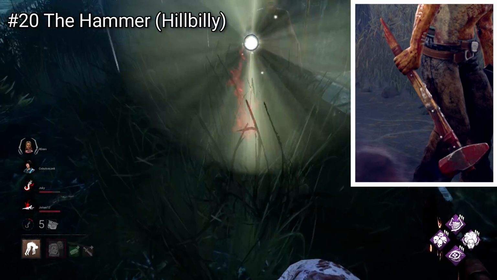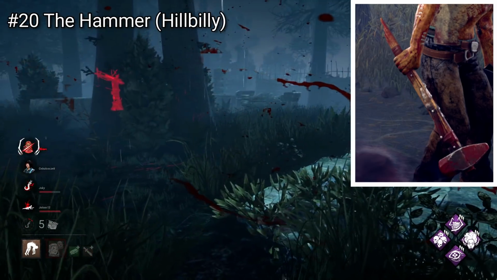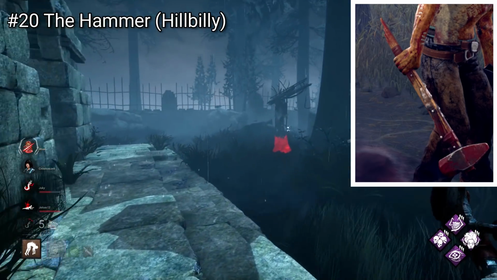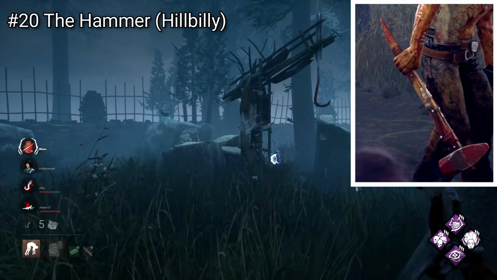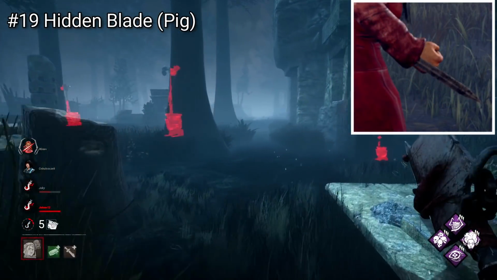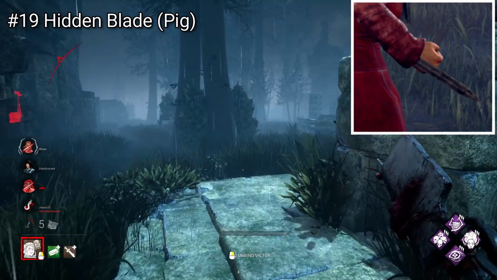It's a bit larger and has much more detail, and generally is more specific to Hillbilly and his quite thrown together appearance. I do like this kind of cobbled together aspect of it, and it definitely adds more personality to an otherwise simplistic weapon. The Pig's hidden blade is a very cool weapon, but it is also somewhat generic I